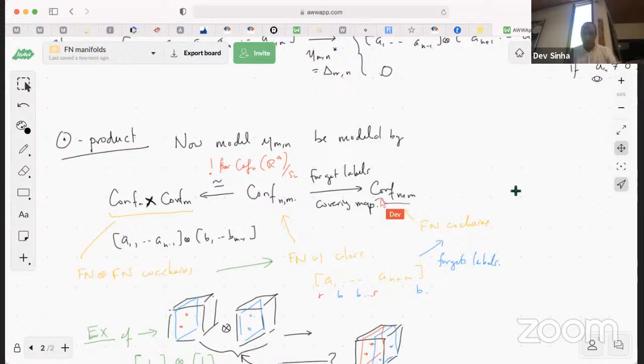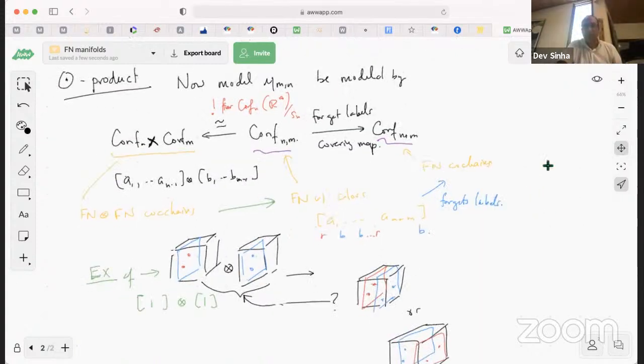What happens if I take my n plus m points and I color them all possible ways? n of them are red, m of them are blue. What conditions do I get on those points? And under this model, where we've got the projections on the configuration spaces, followed by that covering map, what you end up with is just shuffles of conditions. At the very minimum, if each has one block, and the first example we did was like this, then you have,